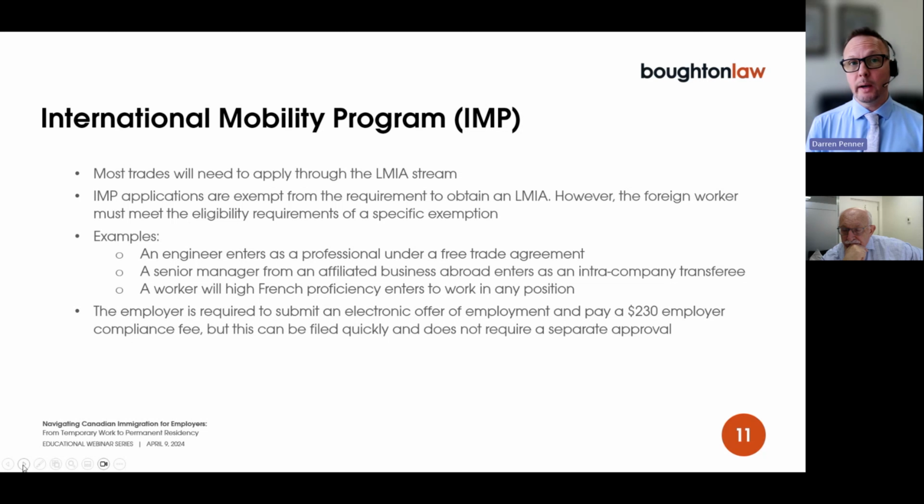If they're visa required, we will still need to submit the application online. We'll need to show that they're likely to leave Canada at the end of their authorized stay, and we'll need to wait through the processing time. But if you hire a French speaker from a country that isn't visa required, like France, for example, then we could get an application ready, and assuming there's no inadmissibility issues, they could be in the country working very quickly because they could apply at the border.